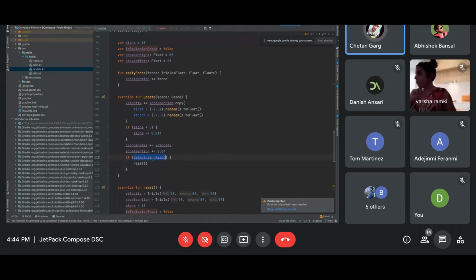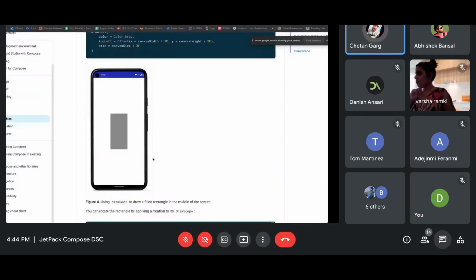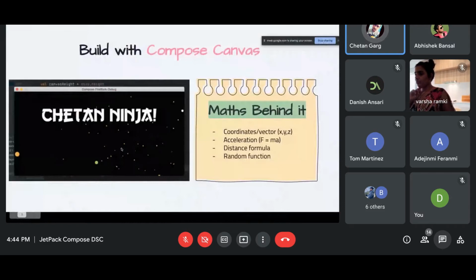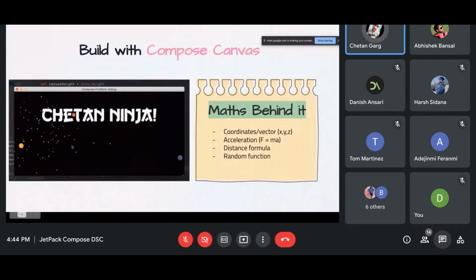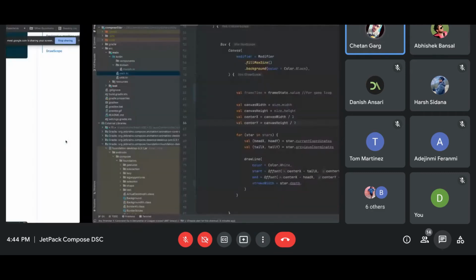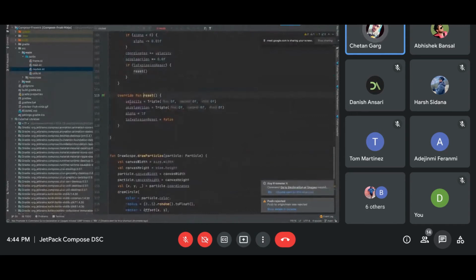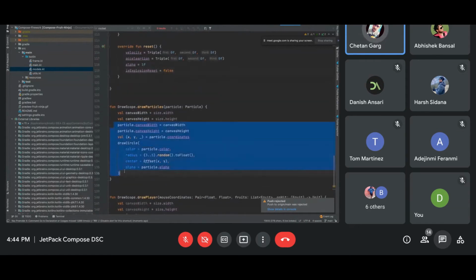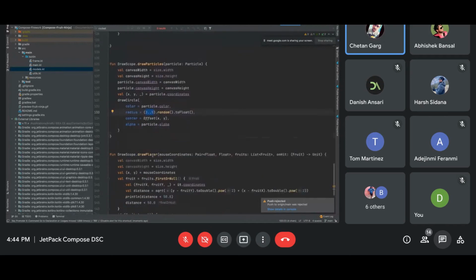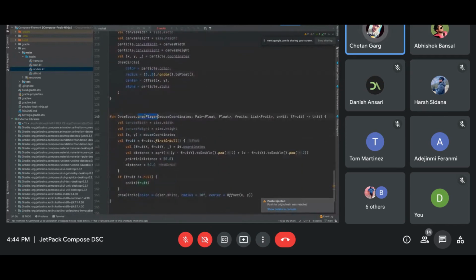Mind you, this is not instantaneous, so you will see a proper animation. You won't see that fading away immediately, but you will see that particles are shifting from one place to another. This is entirely for optimization purposes, nothing else. So while resetting, I just put their acceleration and velocity to 0, reset their alpha, and say that the explosion has been reset, and set it to false. And you can see the particle is exactly a circle with a smaller radius compared to the fruit. Now this is the player, this is the white dot which I'm drawing.